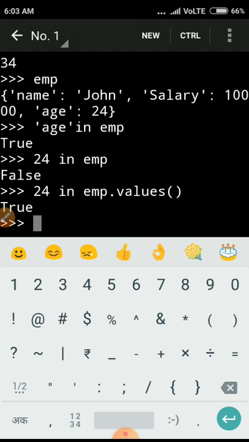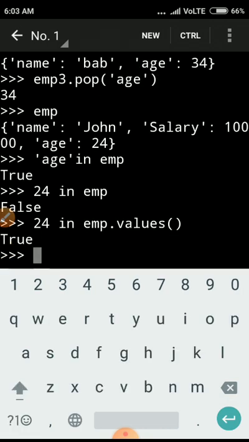Then the not in function. Suppose I check whether a value is not present in our dictionary. For that, suppose name not in EMP, enter.